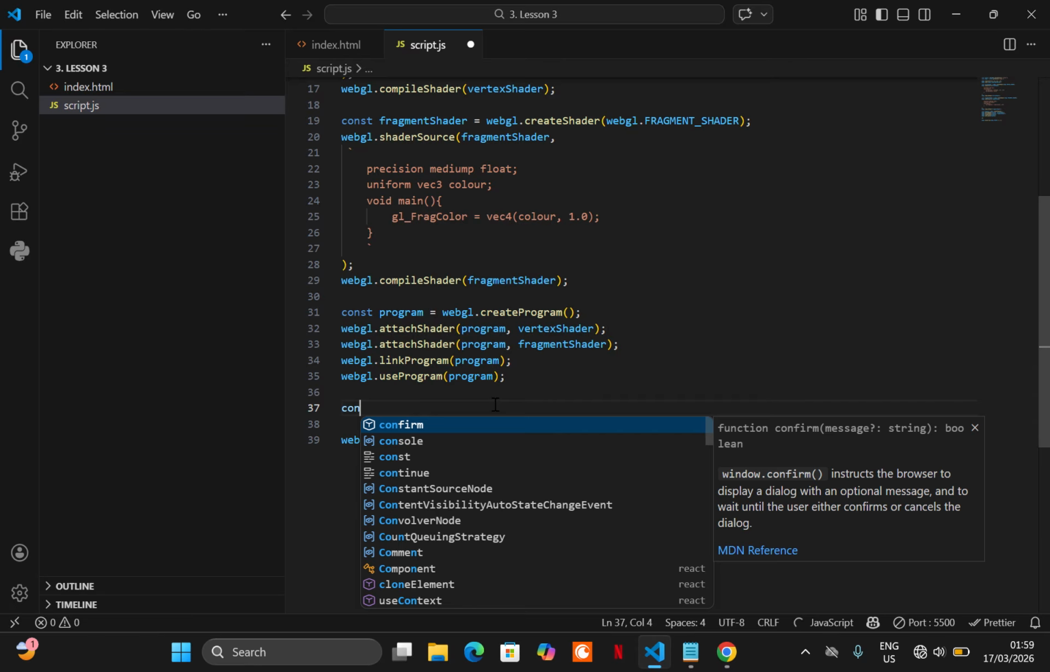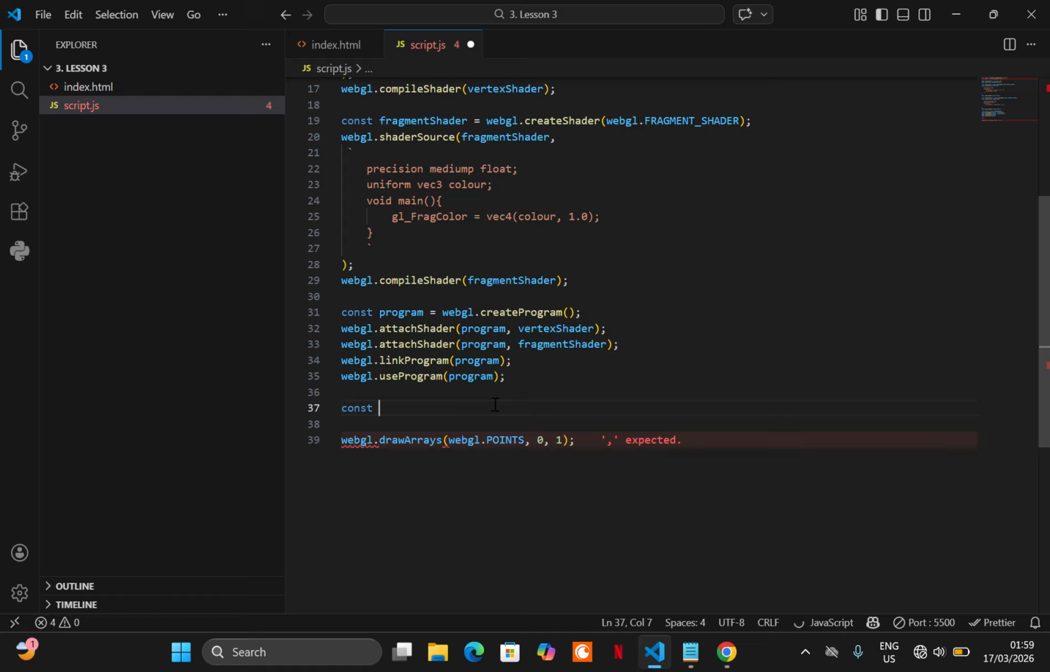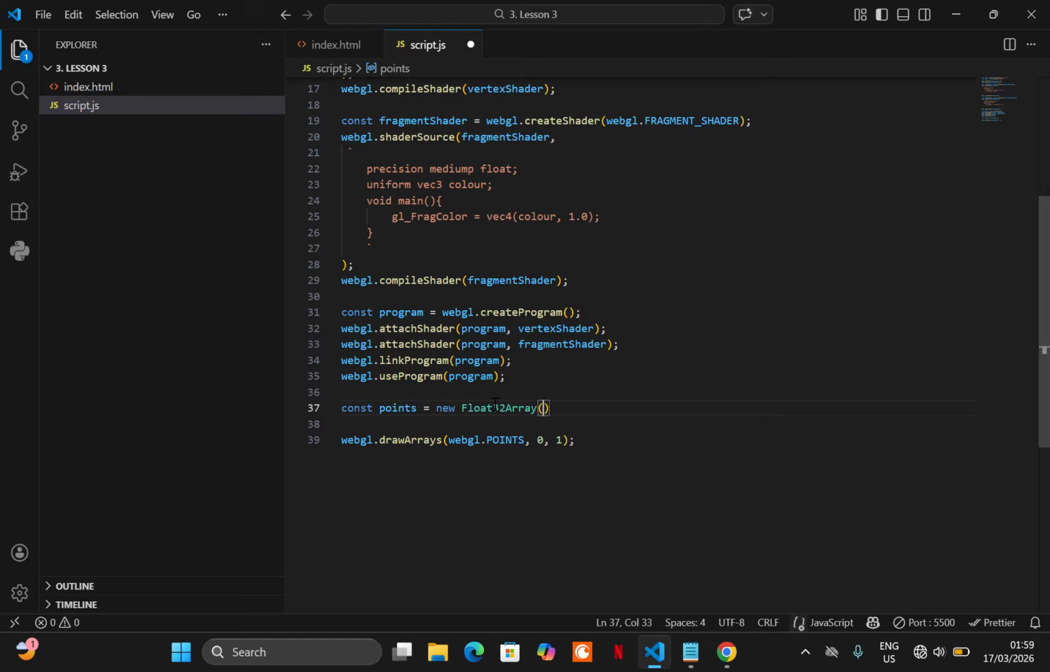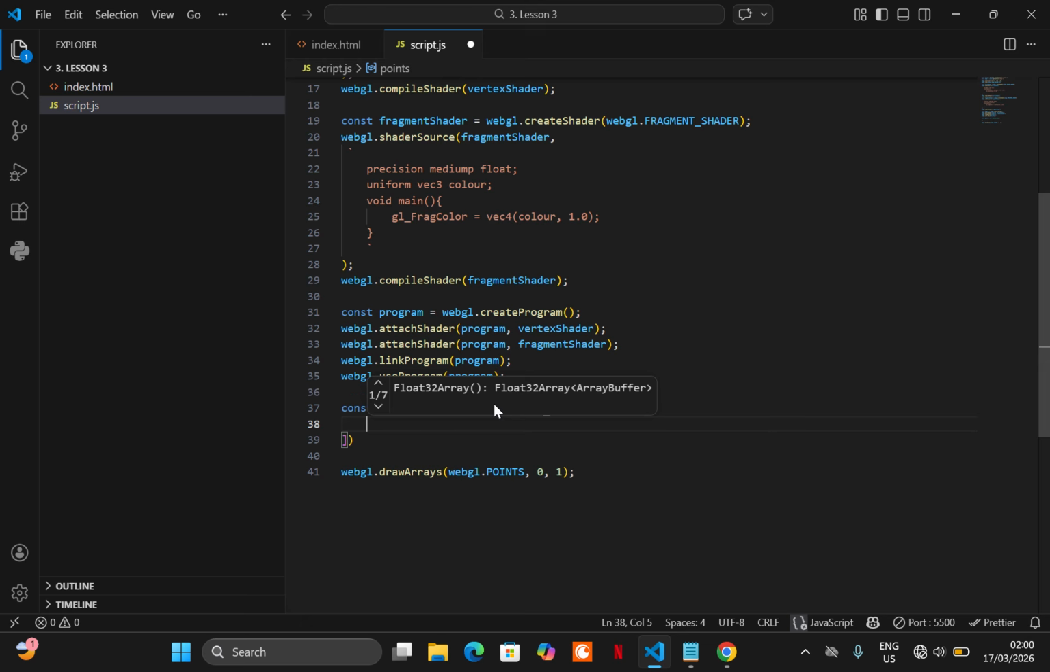So the next step is for us to now create those points, right? To create those points, we're going to store them in an array. I'm going to call my array points because that's what it stores, points. Then I'm going to use new Float32Array. We use Float32 because WebGL wants us to pass our values in a 32-bit array. And now I'm going to pass in the first point, which is negative